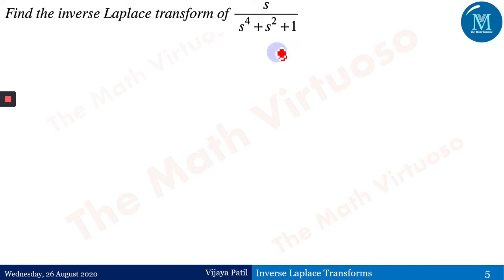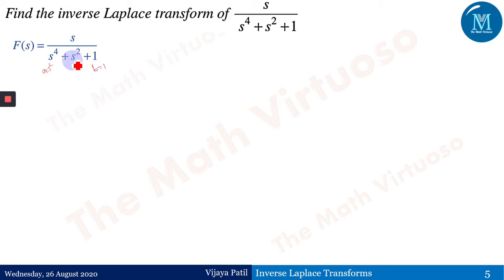Okay, let us go for one more of that kind, that is s upon s to the power 4 plus s square plus 1. Now again, I need s square, s to the power 4 and this is 1. So I have got the first term and the last term, the third term. I need to find out the middle term. What would be my middle term? If you observe, a is s square, and b equals 1 over here. The middle term is 2ab, which is 2 times s square into 1, so that is 2s square.